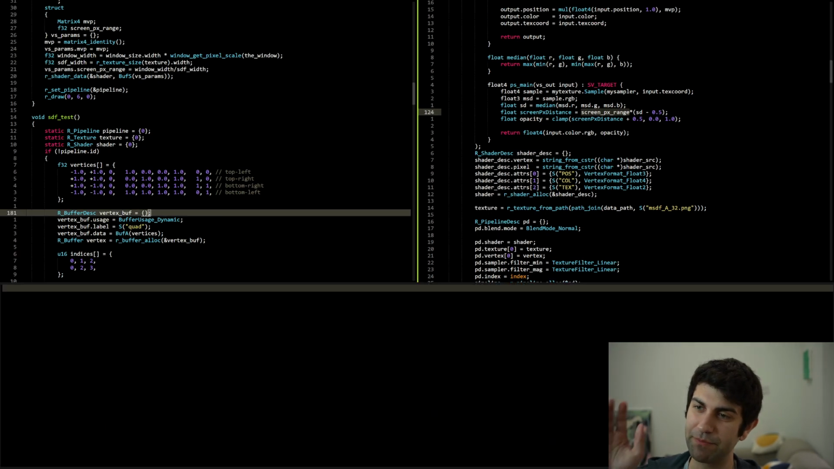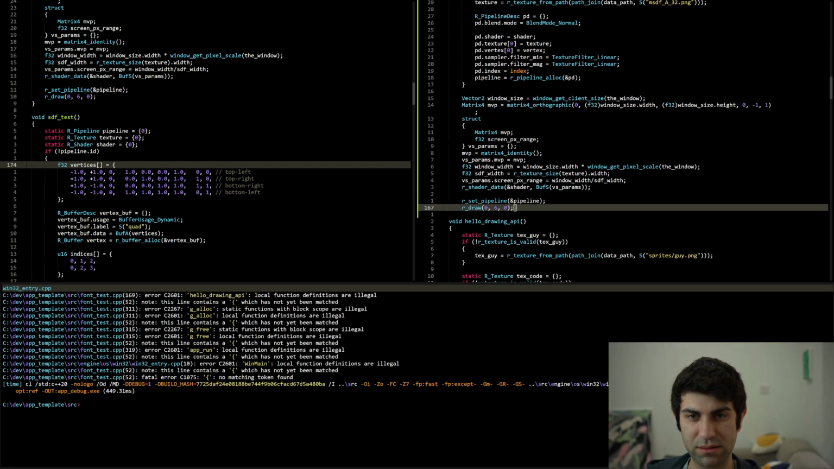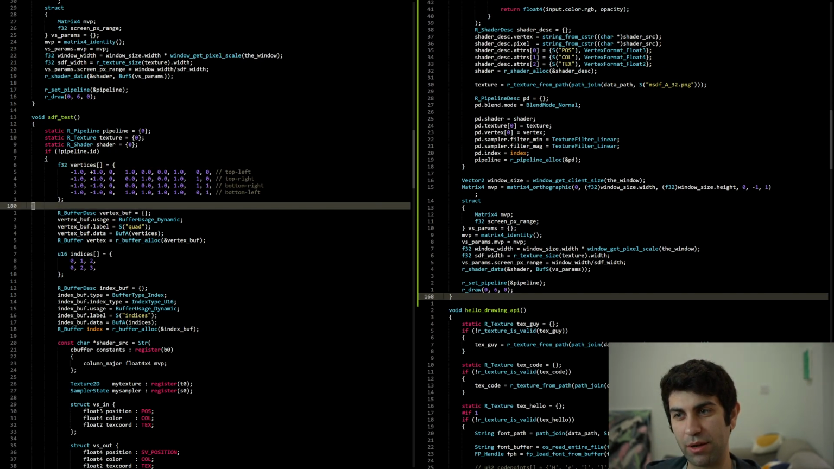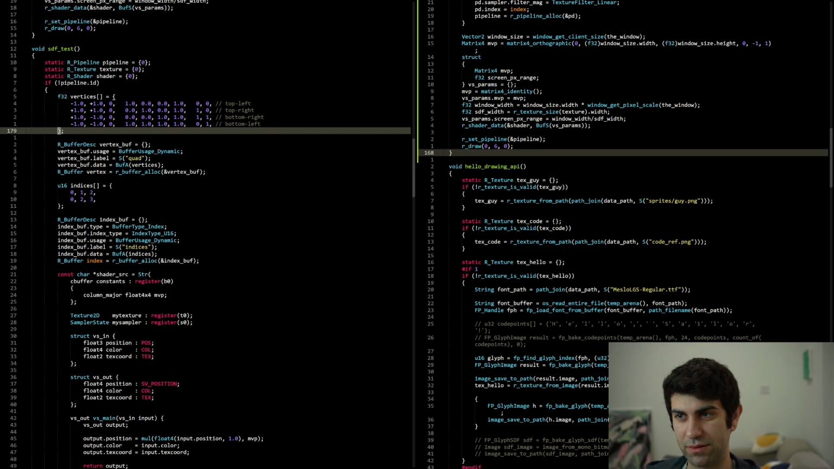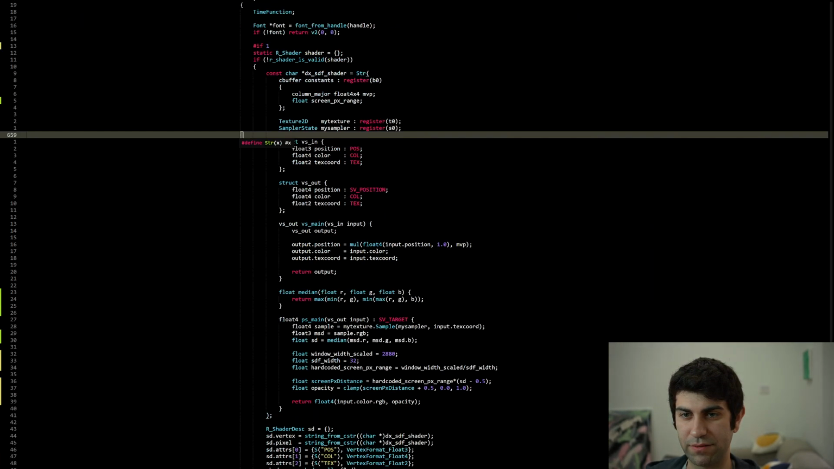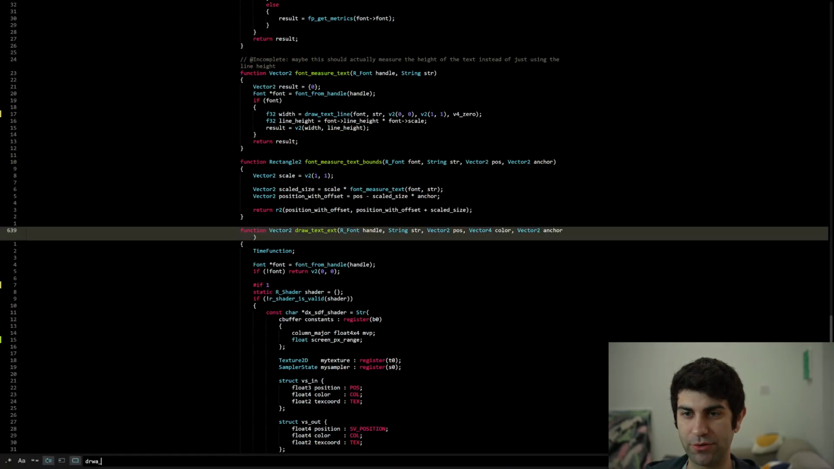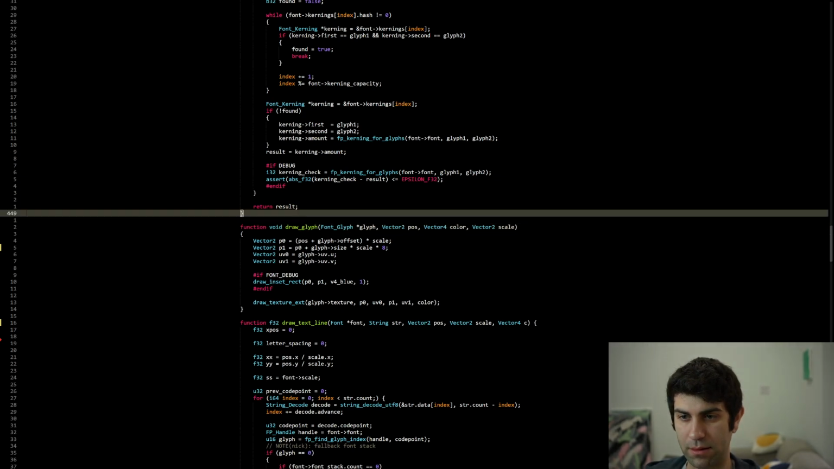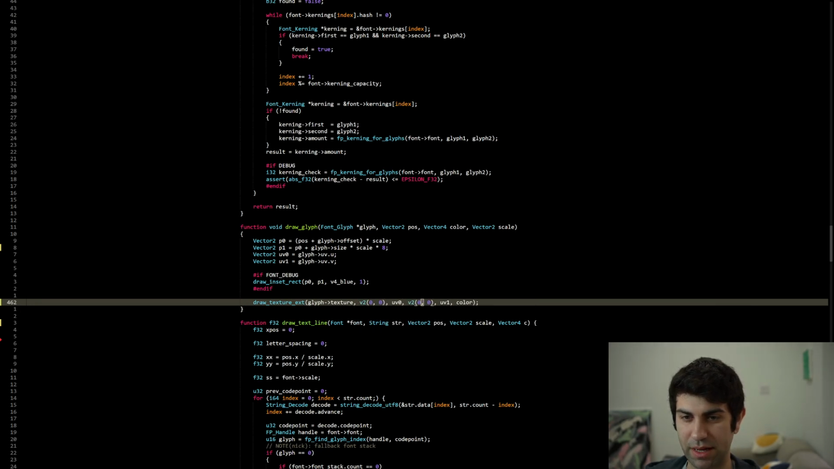But here, I don't know why that's not. Okay, but here the problem is we're not rendering a full screen thing. So we could make it render a full screen thing really quickly and just see if that works, right? So when we go to draw glyph, P0 is just going to be, you know, that to